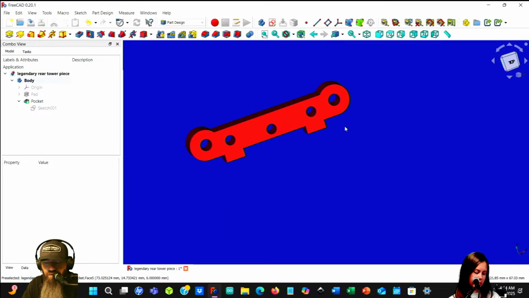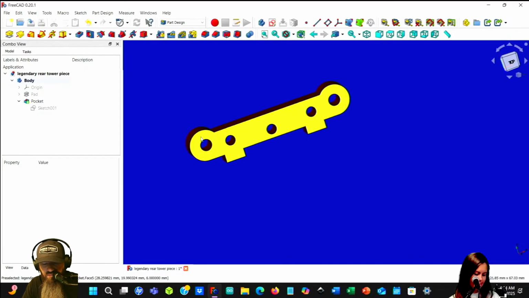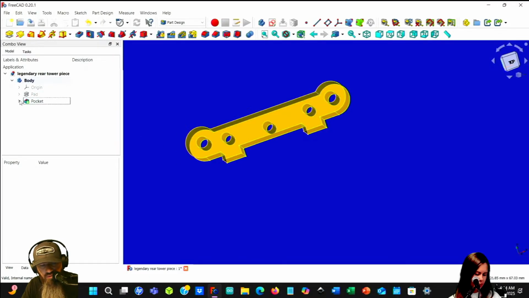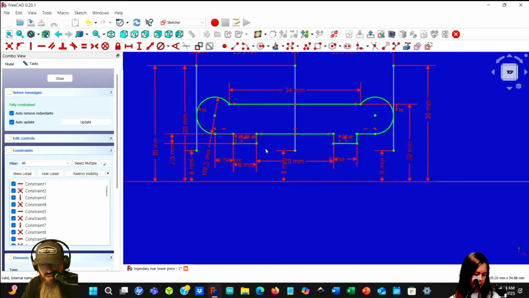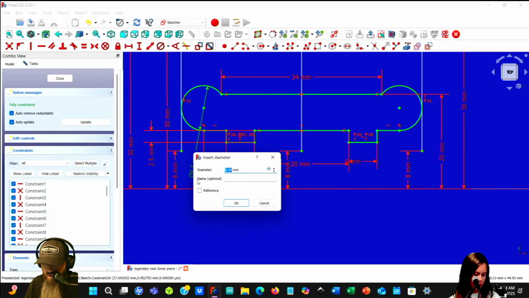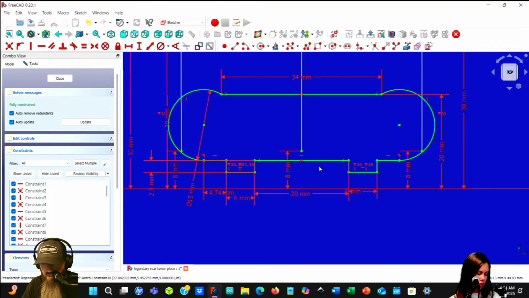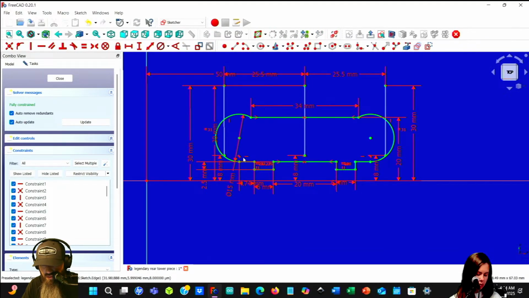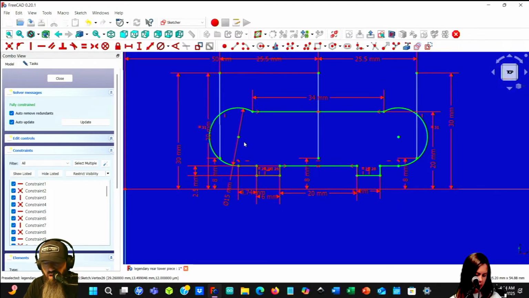Okay, there we go. So we have it now. Now, the problem with this is that I don't know that I want to make it as small as they did. So before we go any further, I'm going to come back into this sketch and make this bigger. Let's say 15 millimeters. How does that screw things up here? Looks like it screws things up a lot.